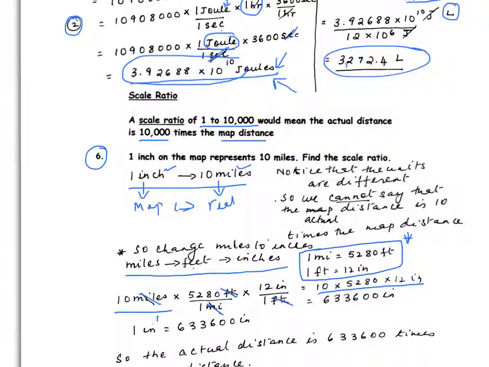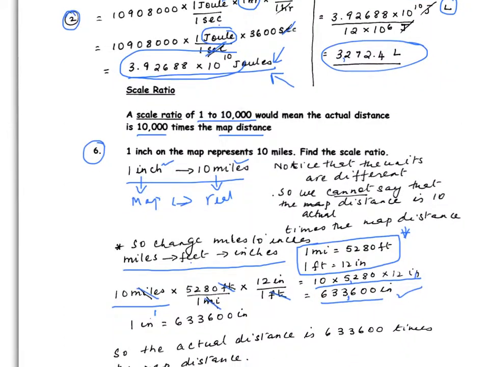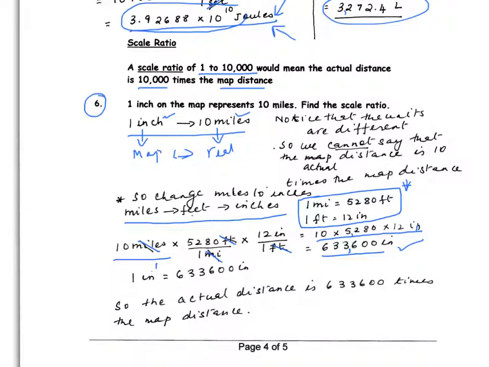It's 10 times 5,280 times 12 inches, which is the same as 633,600 inches. So now we can say that, let's look at this equation. 1 inch on the map is the same as 633,600 inches on the